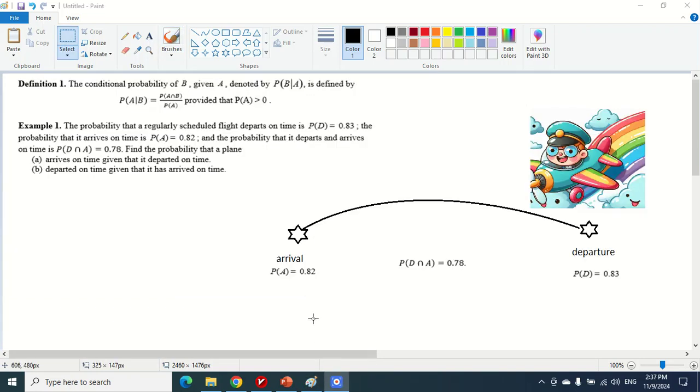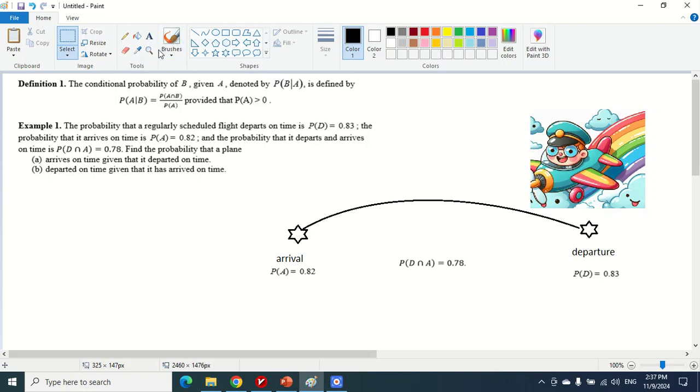So now let us take a look at one example for that conditional probability. The question said that the probability that a regularly scheduled flight departs on time, the probability of departure, is equal to 0.83, as you can see over here. And the probability that it arrives on time is 0.82, and the probability that it departs and arrives on time, look over here, it's